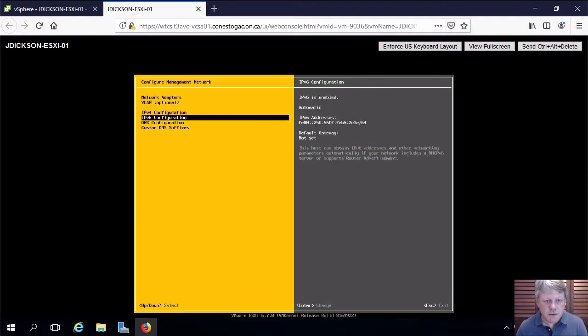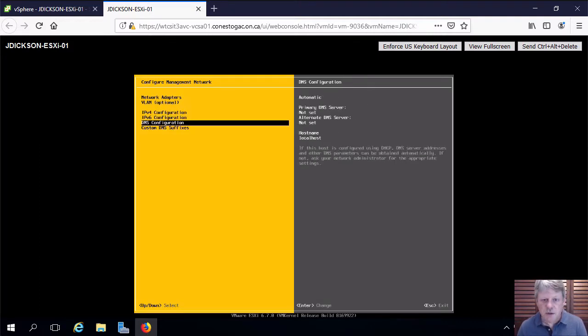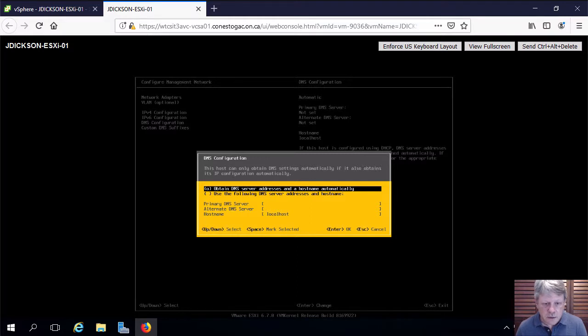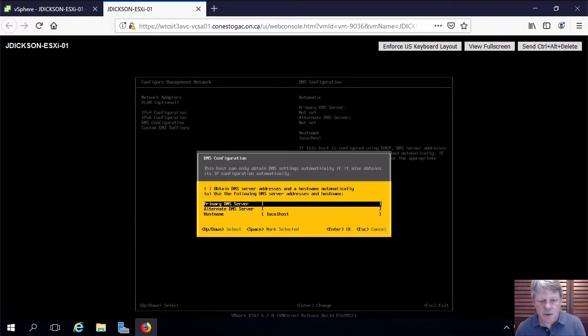We're going to come down to DNS configuration and hit enter for that. We're going to specify we want to use a specific DNS address. So I just arrow down, press space. That will allow us to put in the DNS server IP. That's going to be the IP address of that infrastructure server 2016 machine that we built. I know that that's not serving DNS right now, but it will be eventually, and that's really all we need